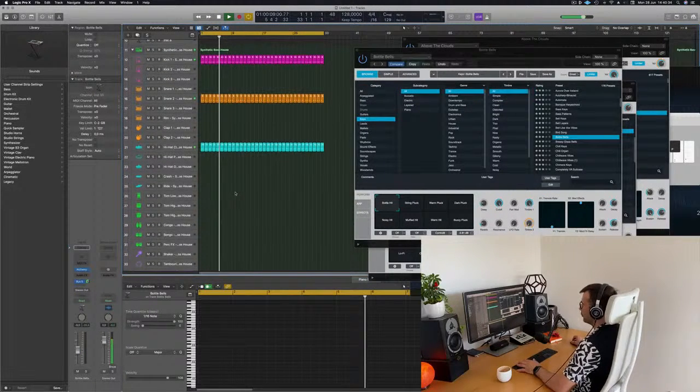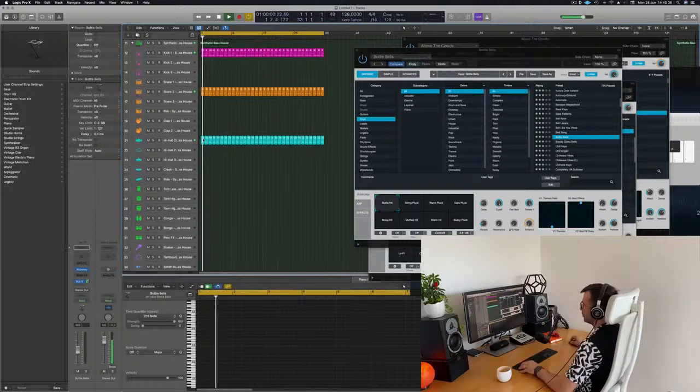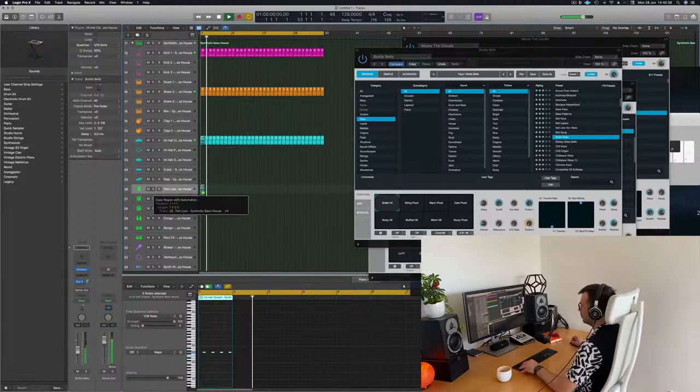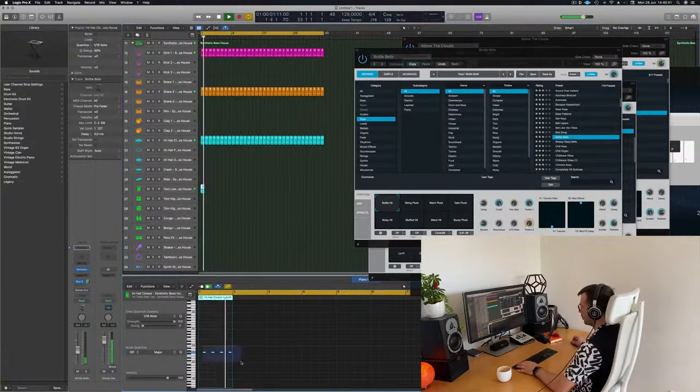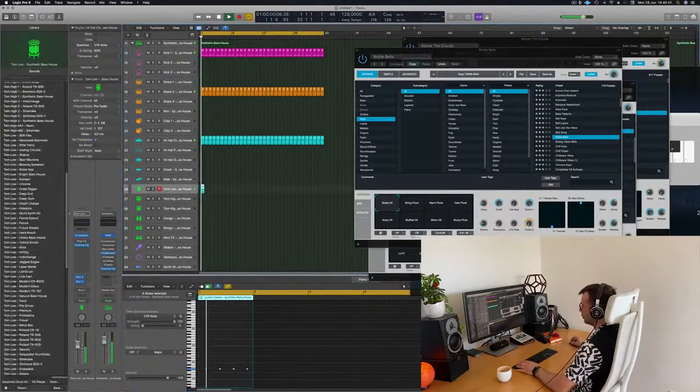I think I'll drop a few more percussions on there, but something very minimal, really. That I like to do, like this. It's like kind of a bass a little bit.